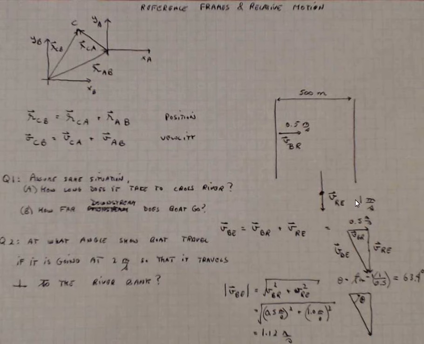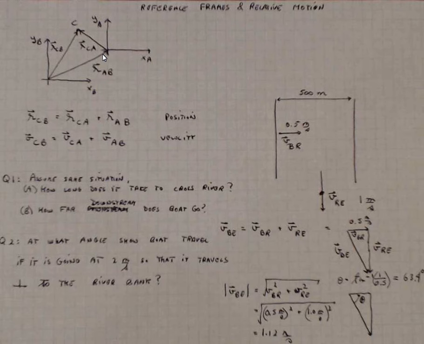This chart is about reference frames and relative motion. So to begin, consider that we have two coordinate systems. Coordinate system A, drawn upper right, and then lower left, coordinate system B. And they are separated by a position vector